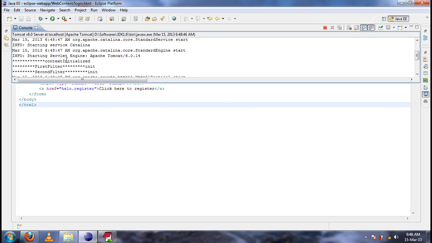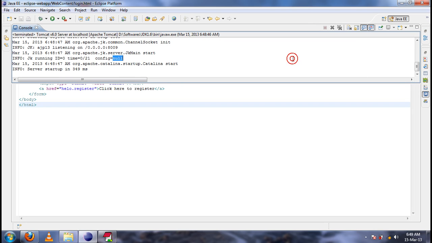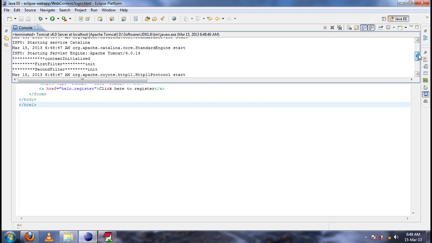So, first of all, the context initialized method is called while starting the server, just because the context will be initialized when the server is started. While starting the server, if you want to write any business logic for that web application, then we write that logic in the context initialized method. While stopping the server, if you want to write any business logic,